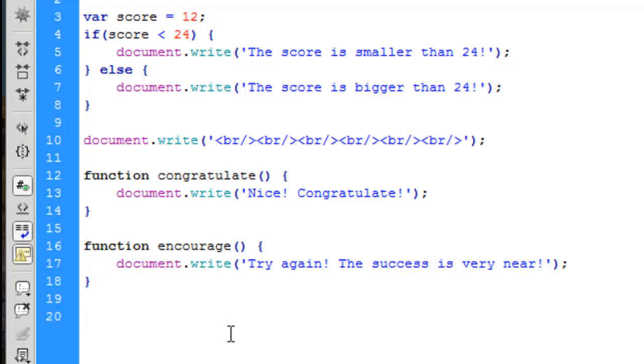And now we are going to make a new variable with the name score2 is equal to 55,